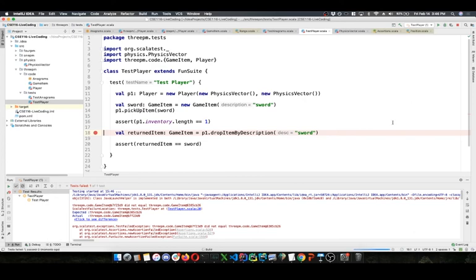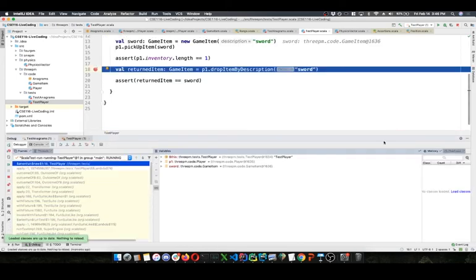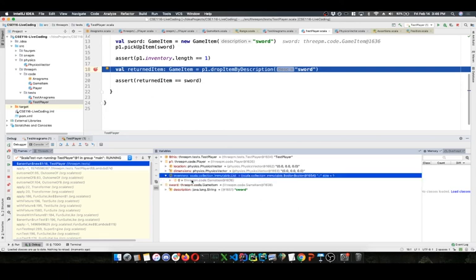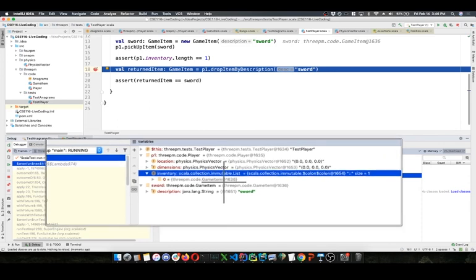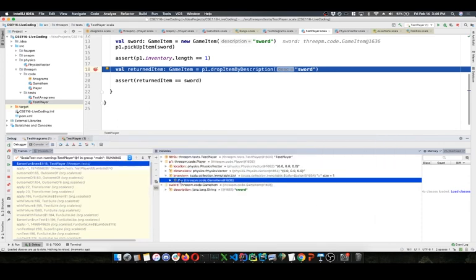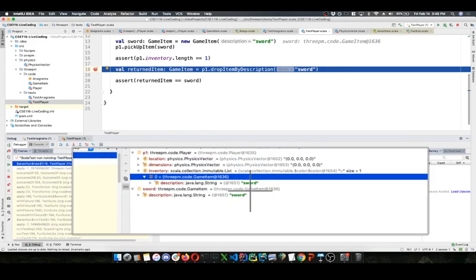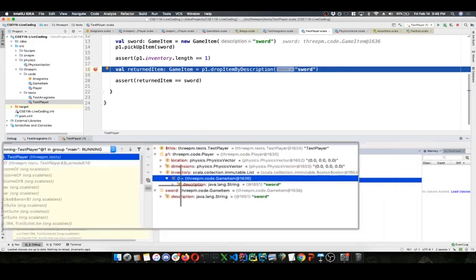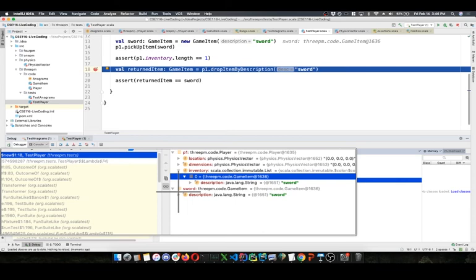And we can run our debugger. We can see what's going on. We can read the references don't match down here. Or we can run the debugger, walk through this thing. Player has an inventory of size 1, has this game item, 1636, description sword, 1636 of description sword in our variable named sword.